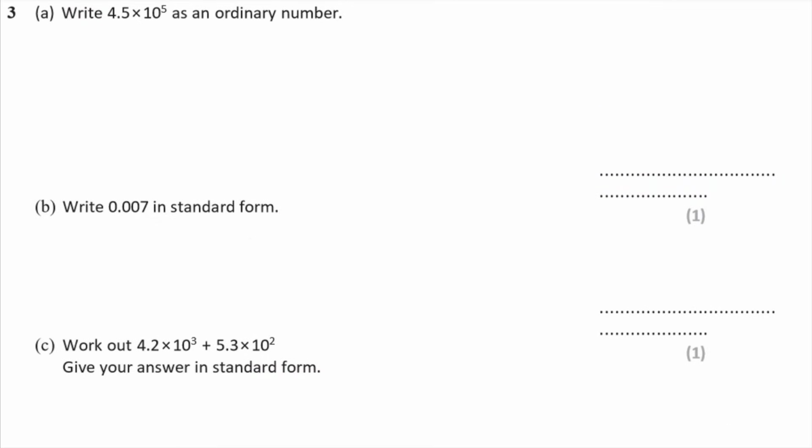Question 3a, write 4.5 times 10 to the 5 as an ordinary number. Okay, so if I've got 4.5 and I'm going to times it through by 10 to the power 5, that's equivalent to moving the decimal point 5 jumps to the right, isn't it? So it's going to go 1, 2, 3, 4, 5 jumps. So our decimal point is going to end up over here, which means I'd need to fill in some extra zeros along the way so that I can drop the decimal point there. So that gives me